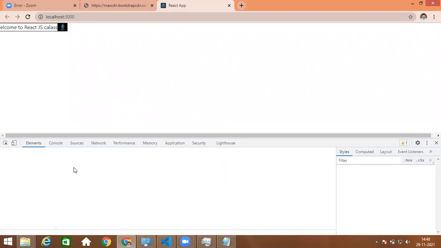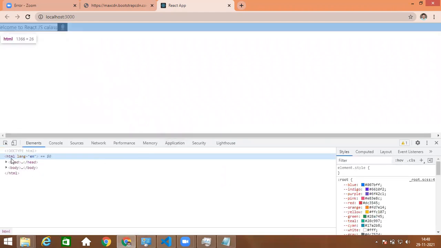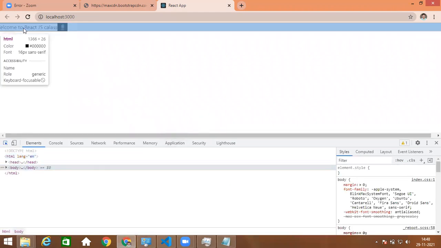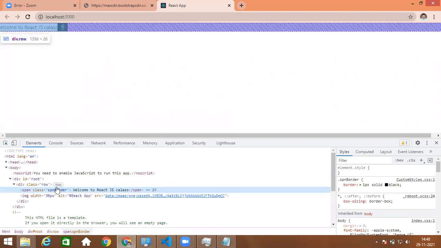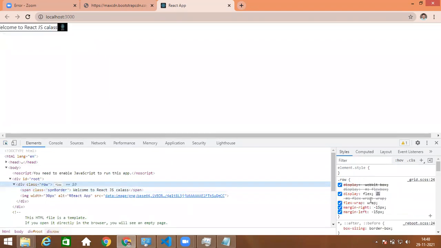So let us see what is happening. Go to the page, to the path where the row is. See, these are the classes we added, right? This row class. That means we are able to use our Bootstrap classes here. If you see grid.scss, this is coming from Bootstrap.